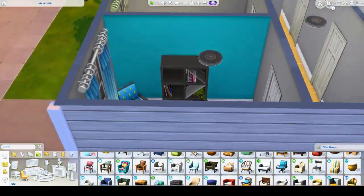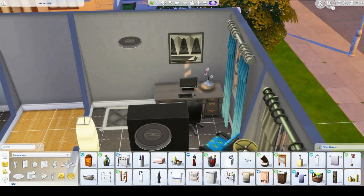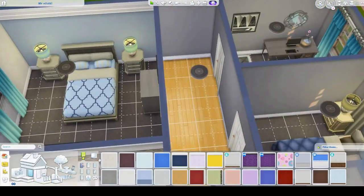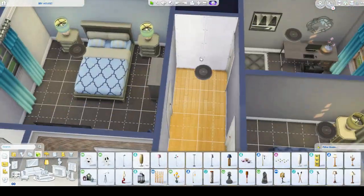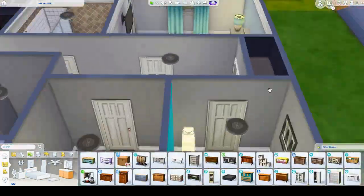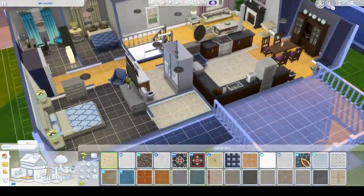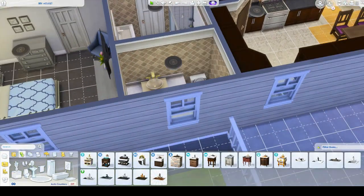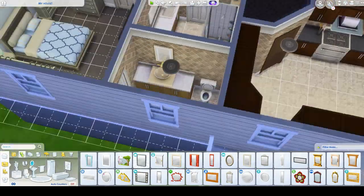And then also that one wall is sky blue because right now it's a little girl's bedroom, so it's very bright. But my husband wants to paint it, but I kind of like it. So I think I'm just going to keep it. That's going to be my space anyway, so I'm fine with having that bright blue wall. It doesn't really bother me. Then we have an ensuite bathroom as well. It just has a toilet and a sink. There's no shower,